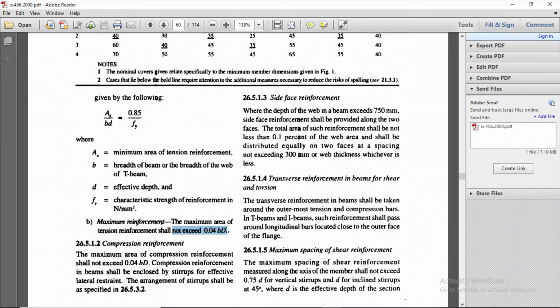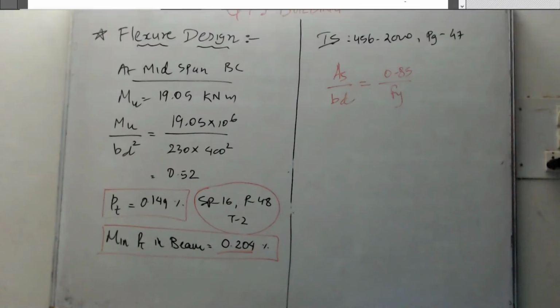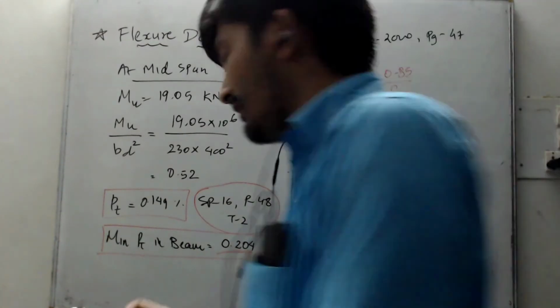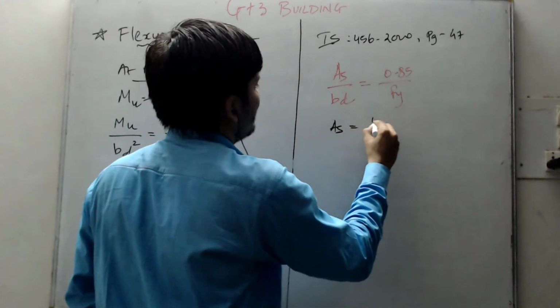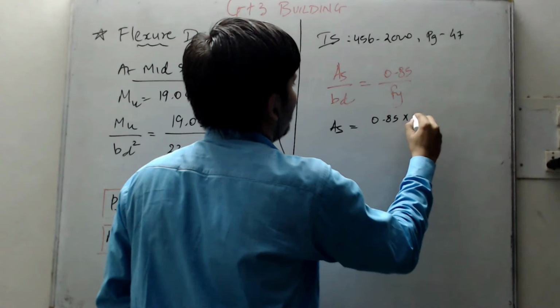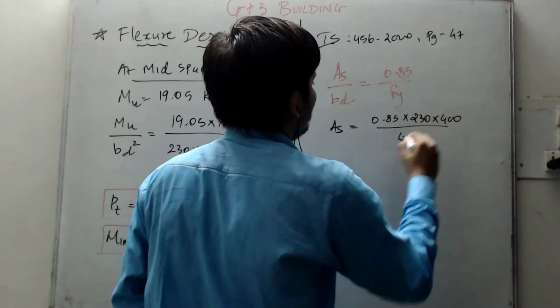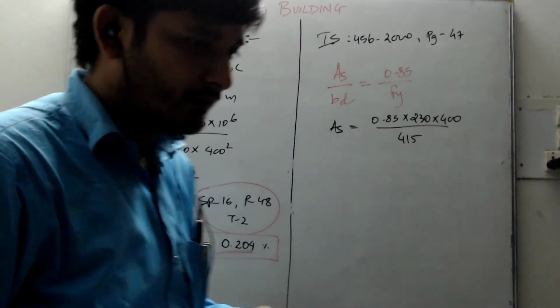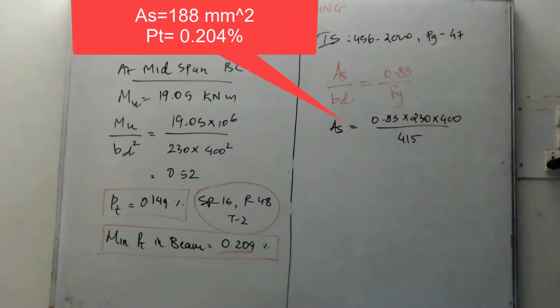So for Fe415, let us calculate on the board to make you understand how the exact value 0.204 is coming. So in this, As will be equal to 0.85 multiplied by b, which is 230, multiplied by 400, divided by 415. Let's calculate this value this way, so you can get an idea of how this 0.204 value is coming,